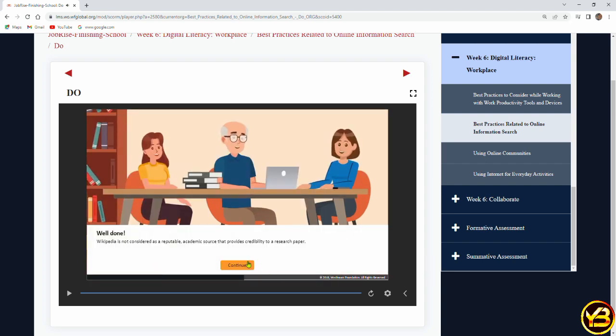Well done. Wikipedia is not considered as a reputable, academic source that provides credibility to a research paper.